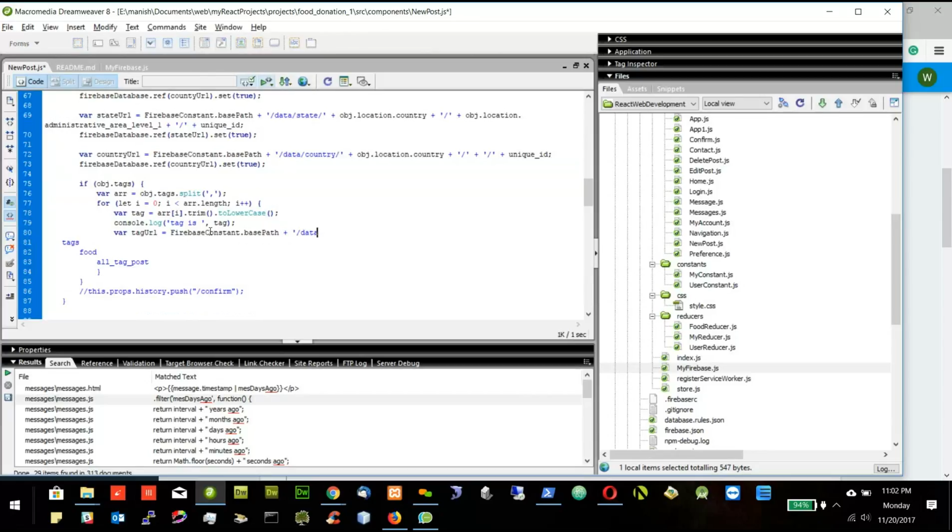After data, it will be tags path. After tags path, it will be dynamic. This one, so this will be dynamic, plus this one, and this dynamic will be this tag, and then I will. So this all tag post will be hard coded. So this is my URL, and then I will say,